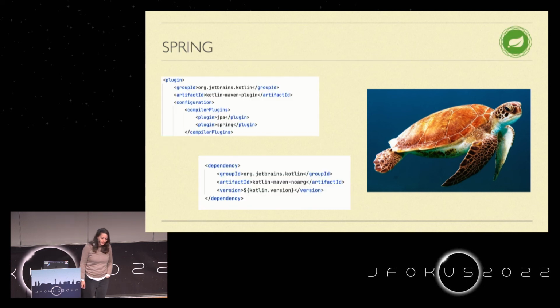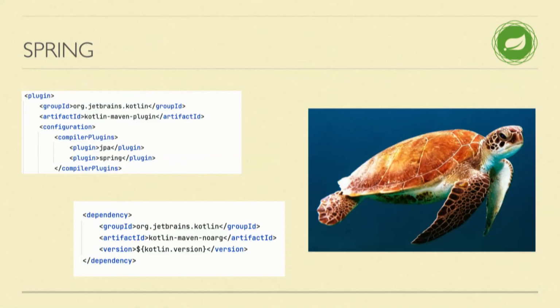Now let's have a look at Spring. Here again, we'll see Spring is still Java. So if you're using Spring together with Kotlin, you need to add another compiler plugin, which is called JPA, which will tell the compiler which classes are annotated with a JPA bean, @Entity, @Table, and so on. And this one you can't work around with code. You should know that you need to add this dependency, otherwise it won't work. Your classes won't get populated.